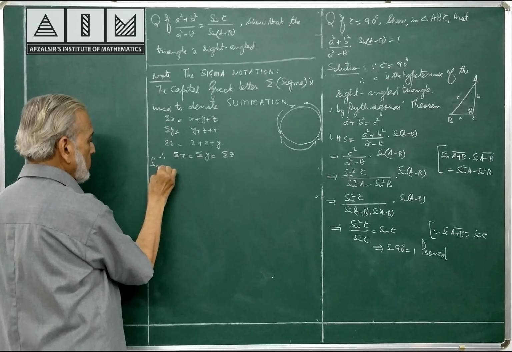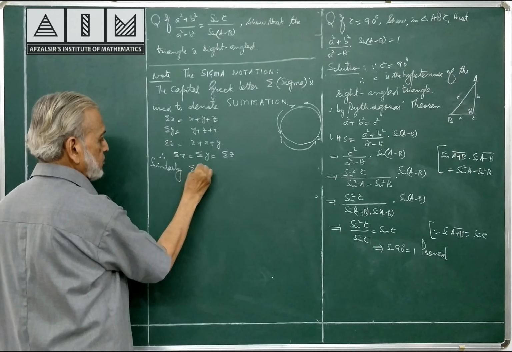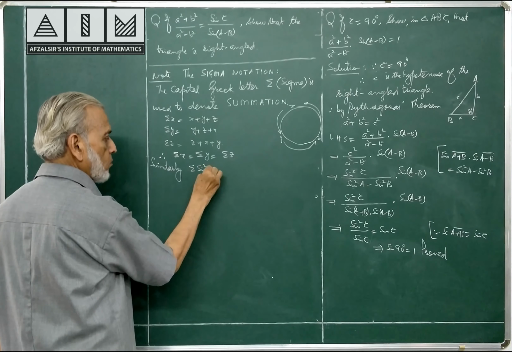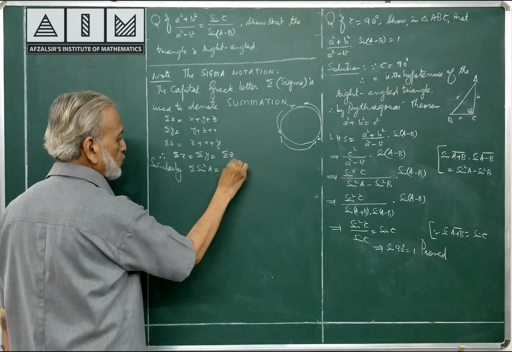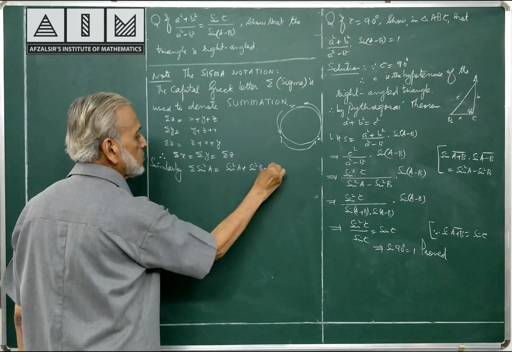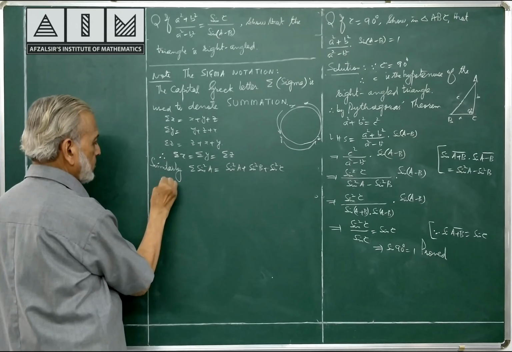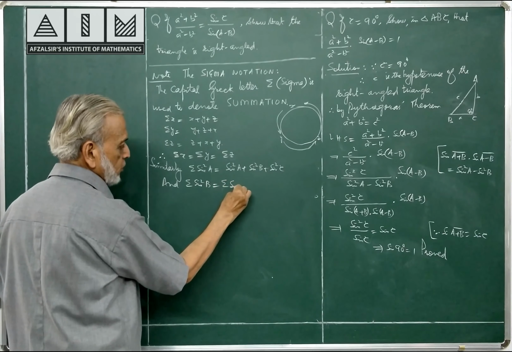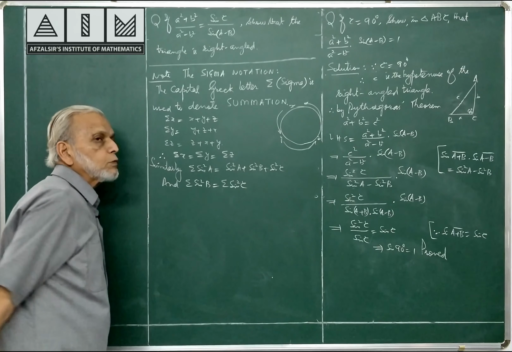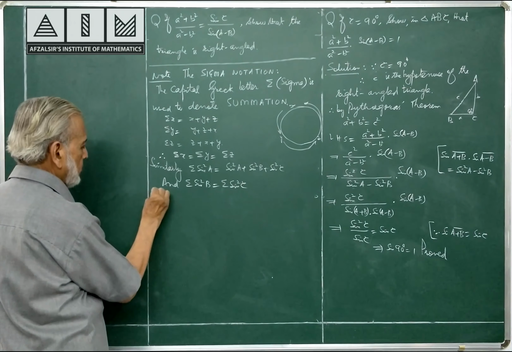Similarly, if I get sigma sin square A, it means sin square A plus sin square B plus sin square C. And sin square B also same thing. Sigma sin square B is also the same as sigma sin square C. Sigma will be frequently used in solving questions. See one example, it will be clear.